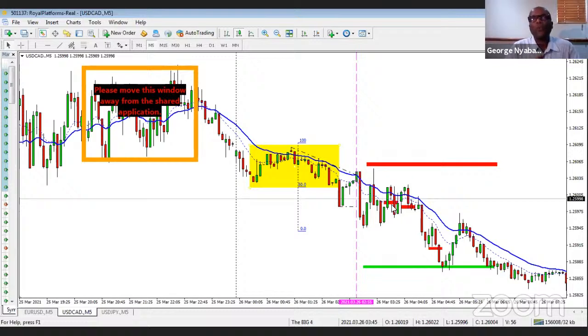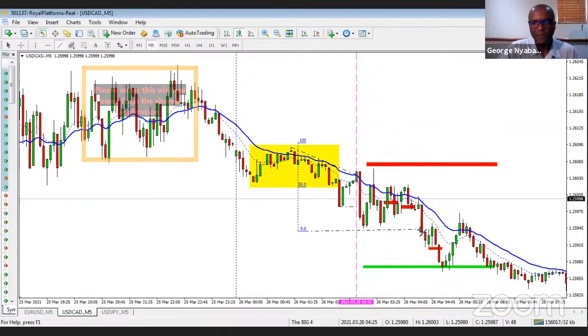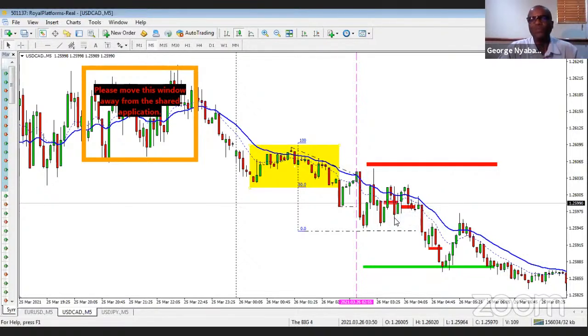Now, where do you aim to take the profits? That becomes a question. Because remember, we still had this measured move here. Let me just put it in for you, just to take the thinking a bit further. Okay, so you still have that, and that's something where you say, okay, maybe the market will turn there. That's why if you trade in any high time frame, the hourly, the 4-hour, the daily, you can take a trade and go away, close your computer, and come and see what happens, whether you should take your profit there or not.